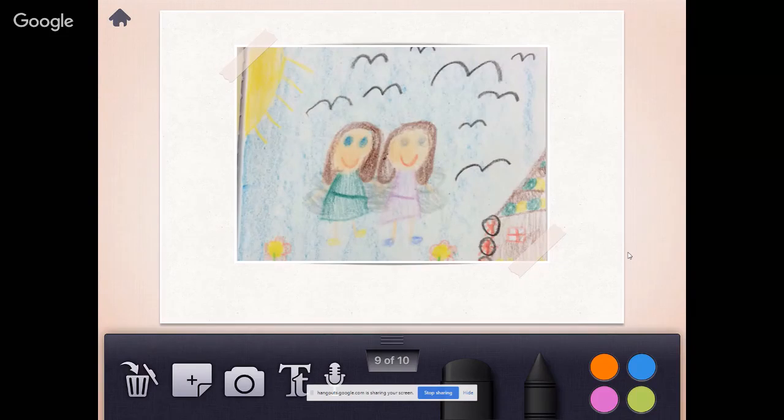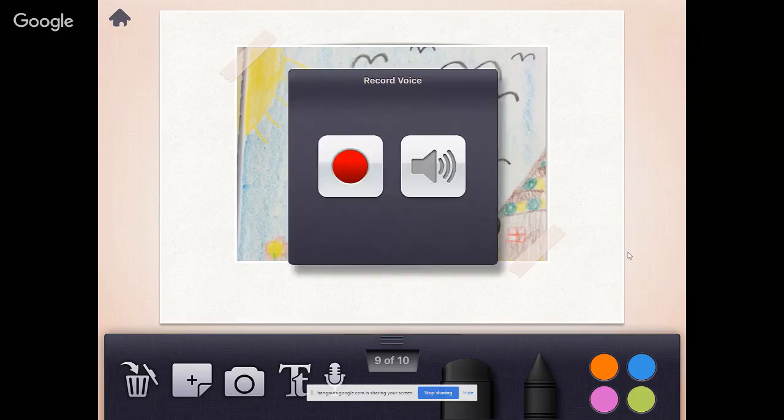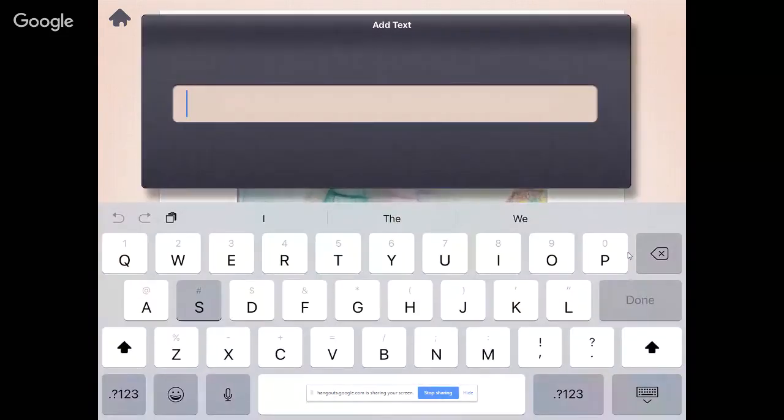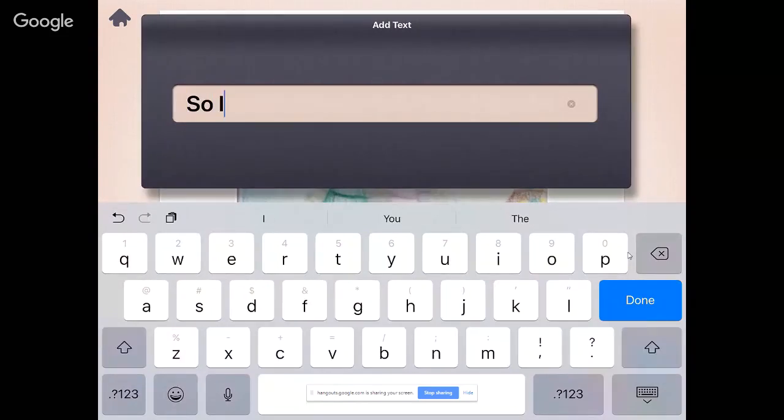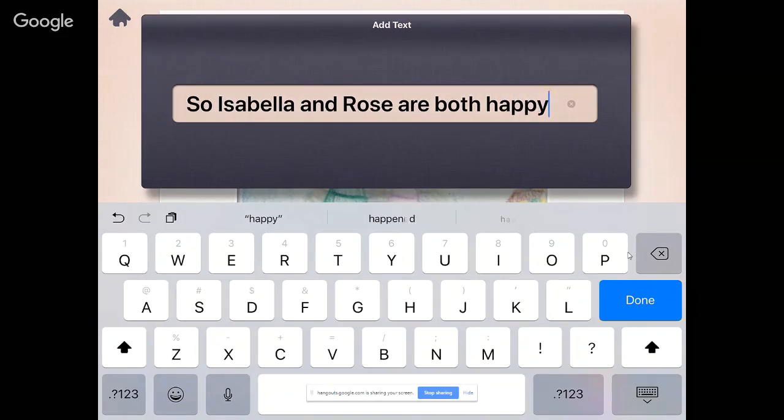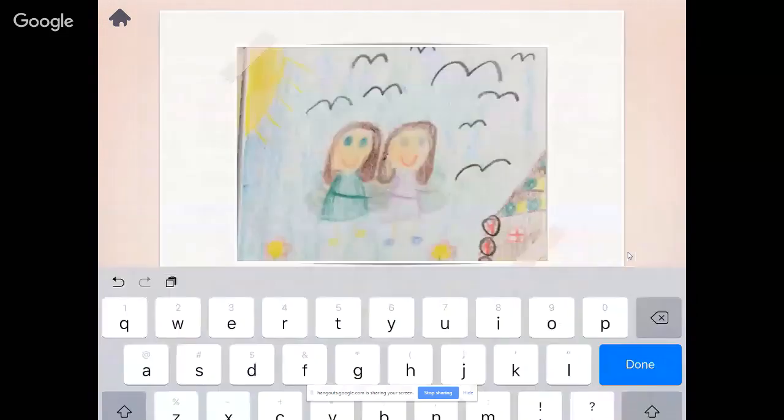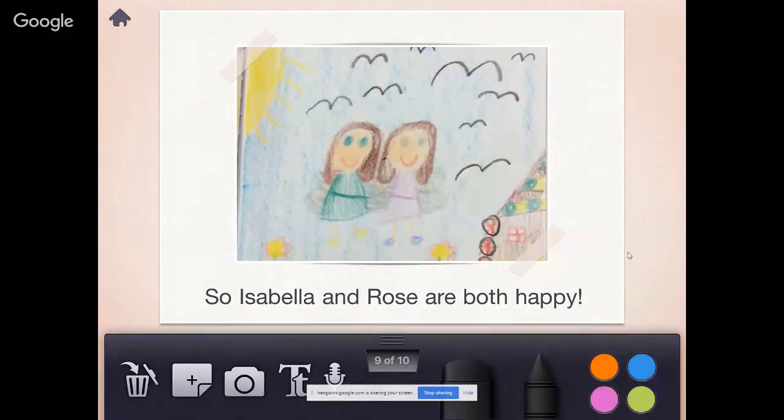Alrighty. The next page. So Isabella and Rose are both happy. Getting closer to the end.